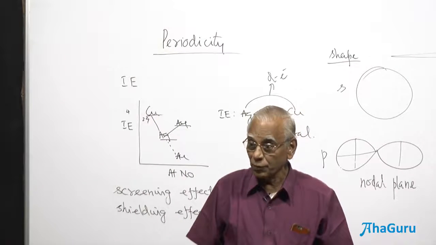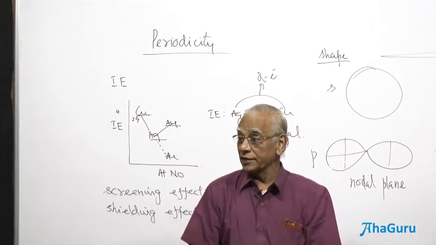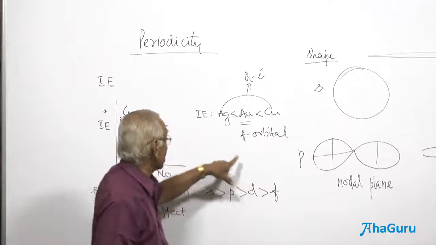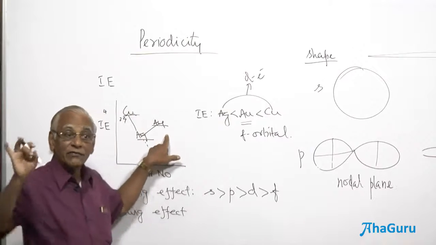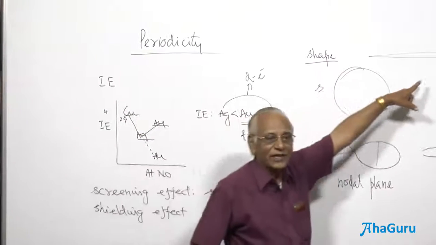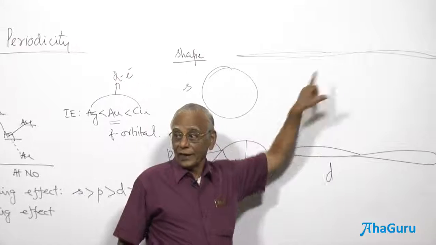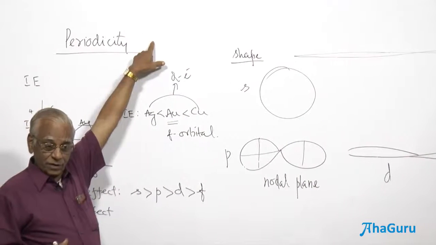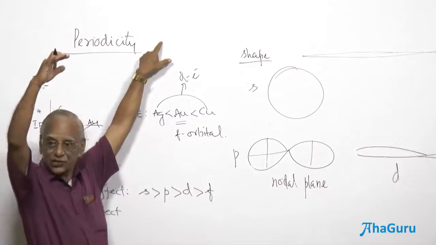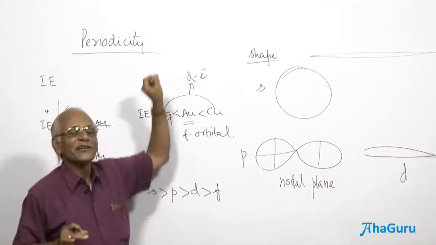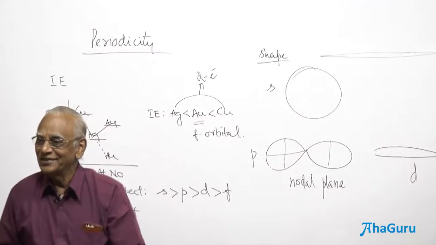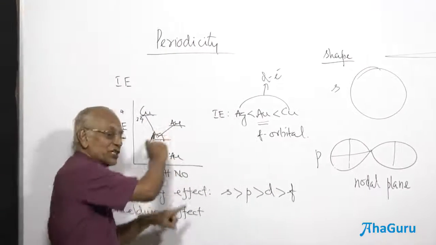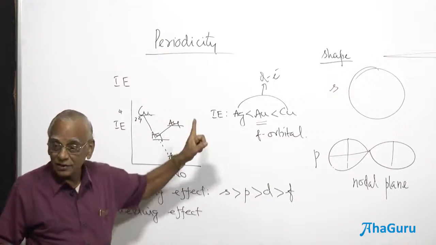And not only the number of protons increases, the nucleus has got greater effective nuclear charge. Here also we say effective nuclear charge. Why does the effective nuclear charge increase in the case of gold? Not only because of the increase in the number of protons, but because of the f electrons here. Therefore, it has got greater attraction to the outermost electron. It is in the sixth period, so where should you have the last electron? The sixth shell. And you find it difficult to remove that single electron from gold. Therefore, ionization energy is going to be greater. Should you not spend more energy to remove an electron from the last shell in the case of gold?